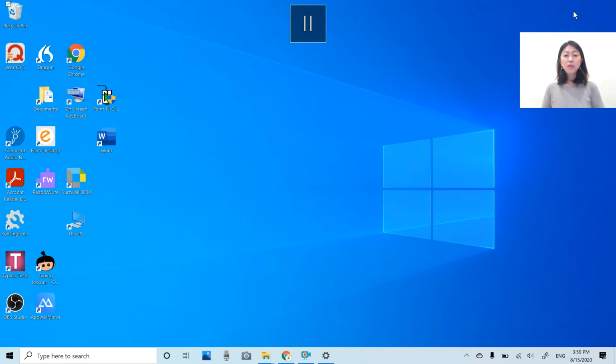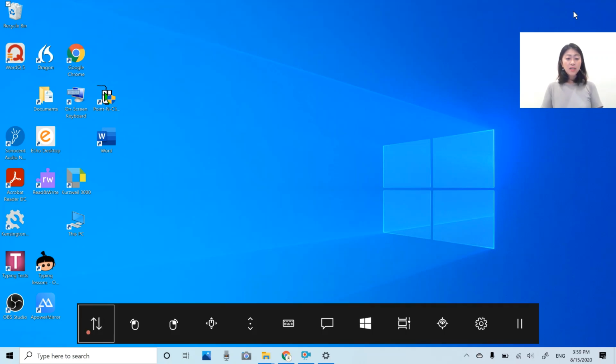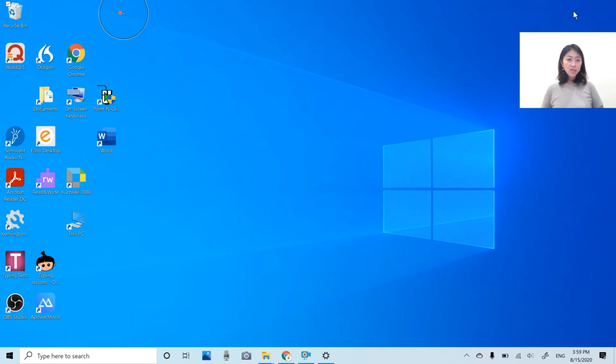Okay, so I'm gonna look at the pause button, and then the first one is, if I look at it, it will reposition the launchpad. So if you need to select something near this launchpad, then you can use this first button to reposition it. So it's not gonna be in your way. And then this one is just left click. And then the second one is right click.